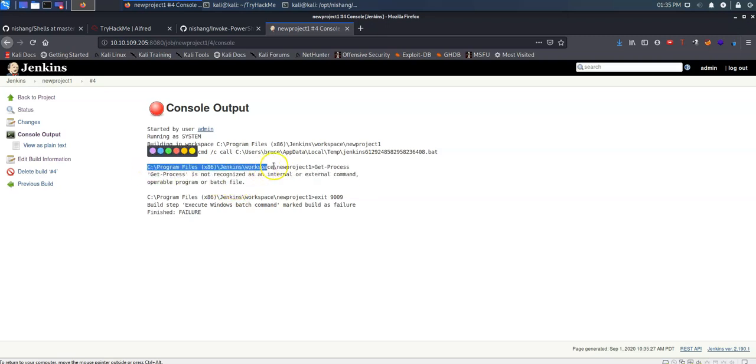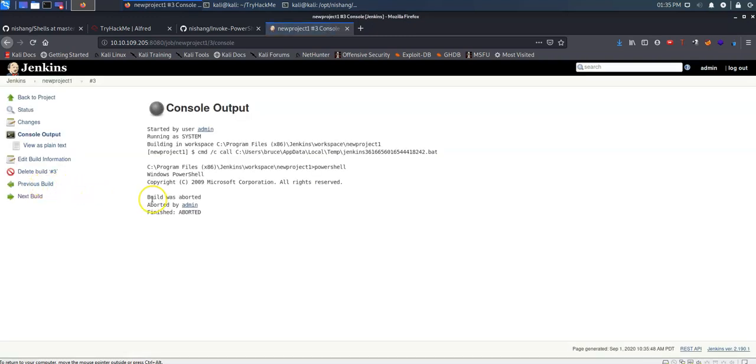Oh, because I'm running as this one, so I have to find a way. Oh, there you go. It's PowerShell. So we got it. So Windows PowerShell 2019. So build 3, it actually worked. So we're working on Windows PowerShell. So that's why